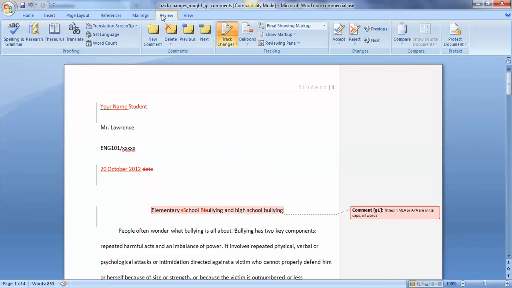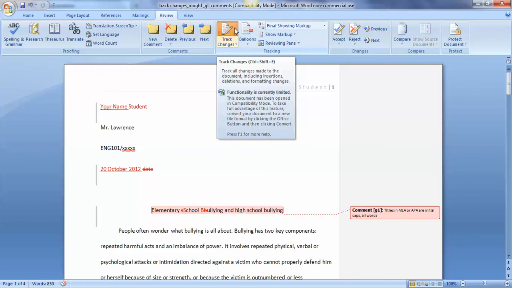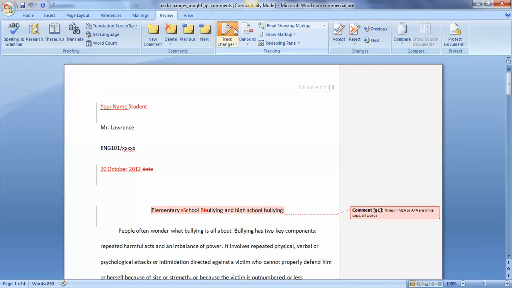Remember, to turn it on, you go to the toolbar, you hit review. First thing you do is highlight track changes. That's a toggle. It can be on or it can be off. Now it's on, now it's off. Whenever you want to make a comment, which is a bubble on the side, you use the new comment key. And that is a click on and click off. It's where the cursor is where your comment line is going to go. Okay? That's track changes in